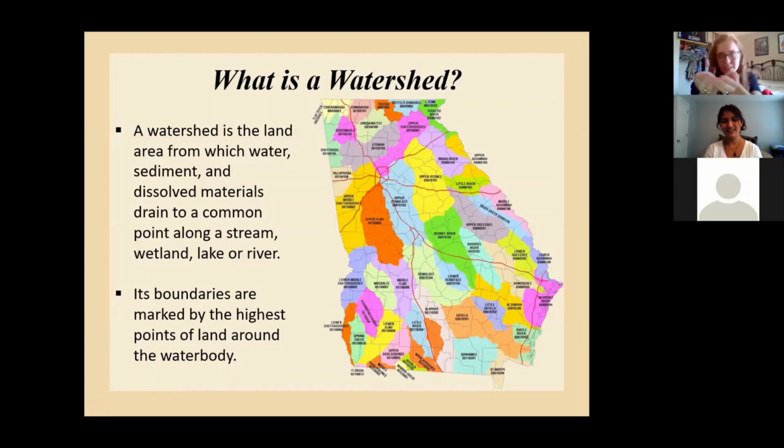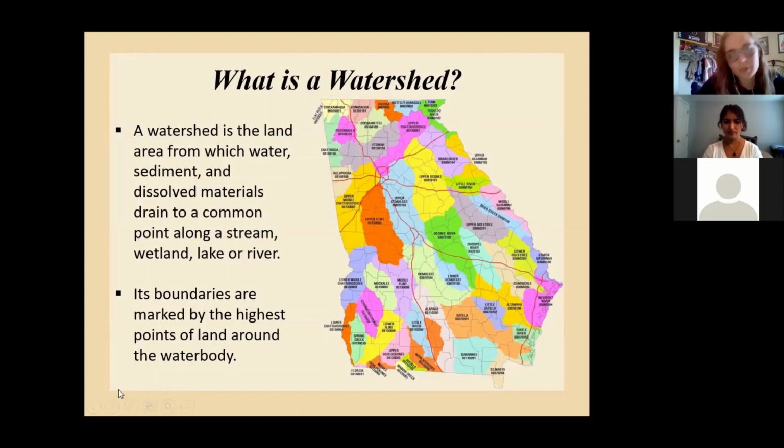Well, a watershed can be demonstrated like this. If we cup our hands, we can see that we have some high boundaries, kind of being where my thumbs are, that flow down into the cupped part of my hand where this crease is meeting. That's the lowest point, and that's the one common point in this whole area of my hand where everything meets. So that's exactly what a watershed is. It's all of this area of my hand, and everything will run over and drain to a common point.